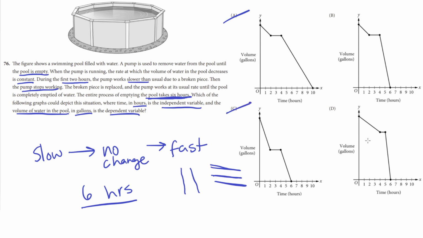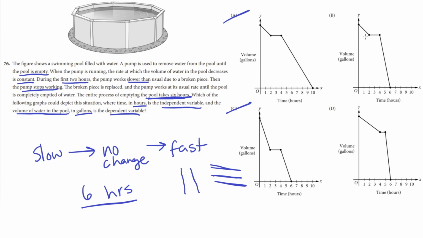Then if we look at D, we see that the volume is going down, then it stops for a little while as the piece is being replaced, and then the graph gets much steeper. So this means that the volume was going down much faster than it was earlier. Now, we see that B and D both show the correct changes in the slopes, but the difference is